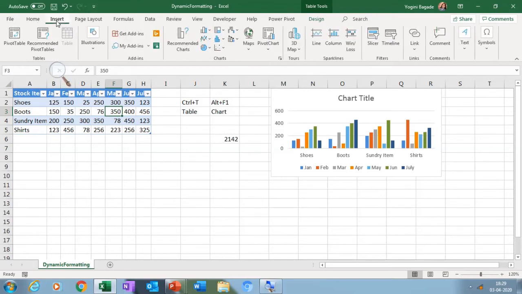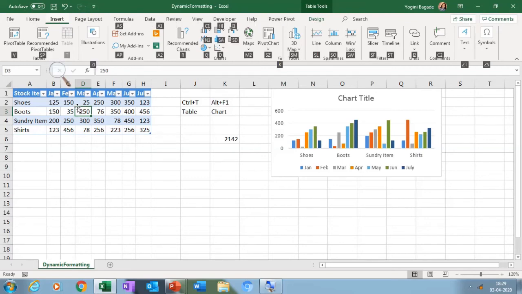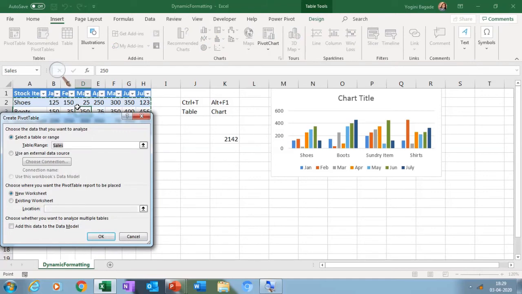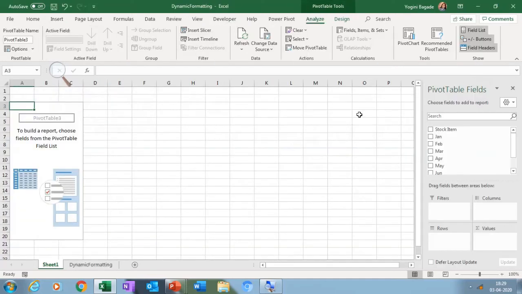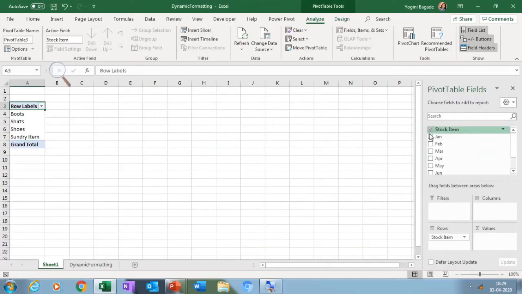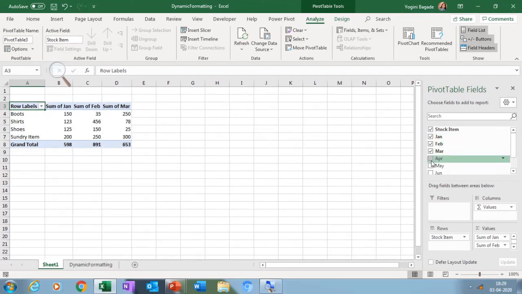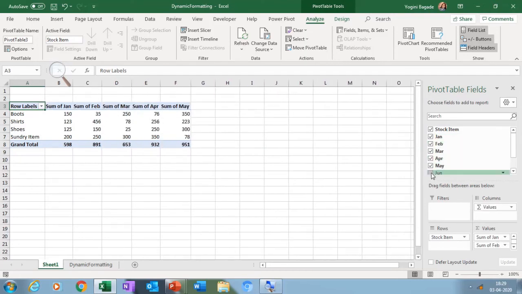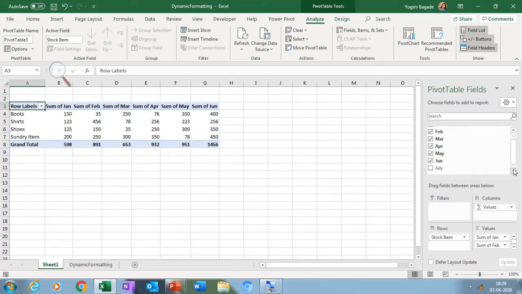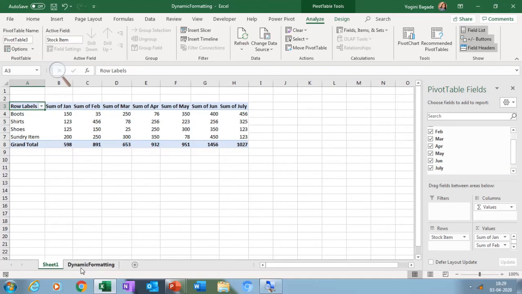Now the third component which I'm going to do is the pivot. See, a chart is for graphically presenting the data, formulas are for analysis, fact finding, etc. For reporting we use pivot, so I keep my cursor inside the data. As I already told you in the first session, the Alt key activates all the shortcuts. N for insert, V for pivot. My data is selected, Enter. Now I am just going to tick. We are going to cover a topic on pivot, so you need not worry about what data should go where. You are going to have an understanding of this, so don't worry at all. Currently we are just creating a pivot.